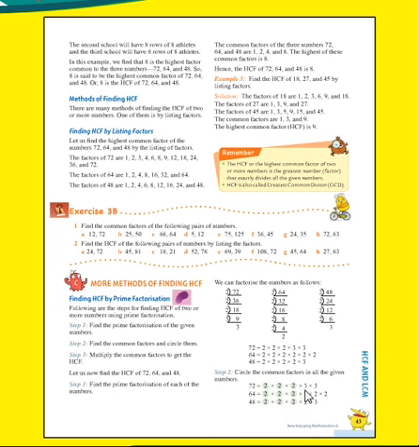Then see here, the next number is 3. In the second one, is 3 present? No. In 64, the factor 3 is not present. In 48 the 3 is present, but we have to see the common factor, which means the number should be present in all the factors. So it means that here only 2 is the common factor in all three of them. Okay, turn the page.